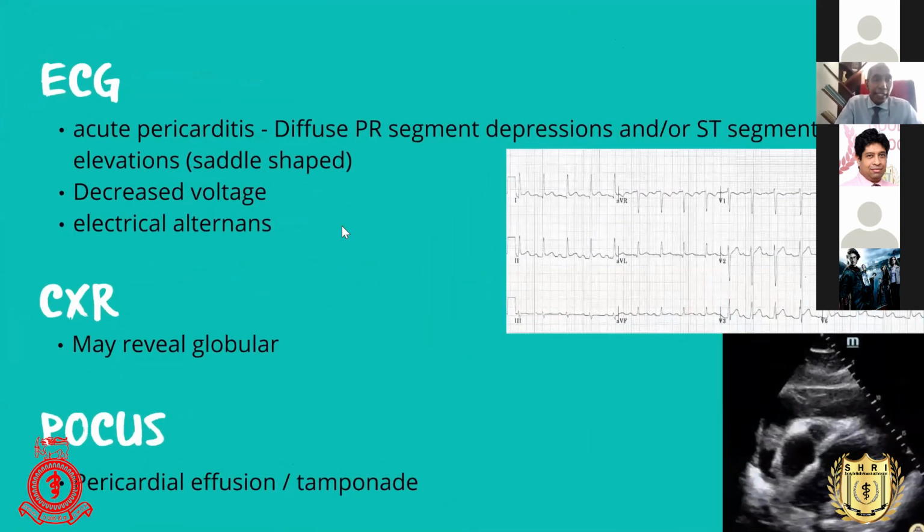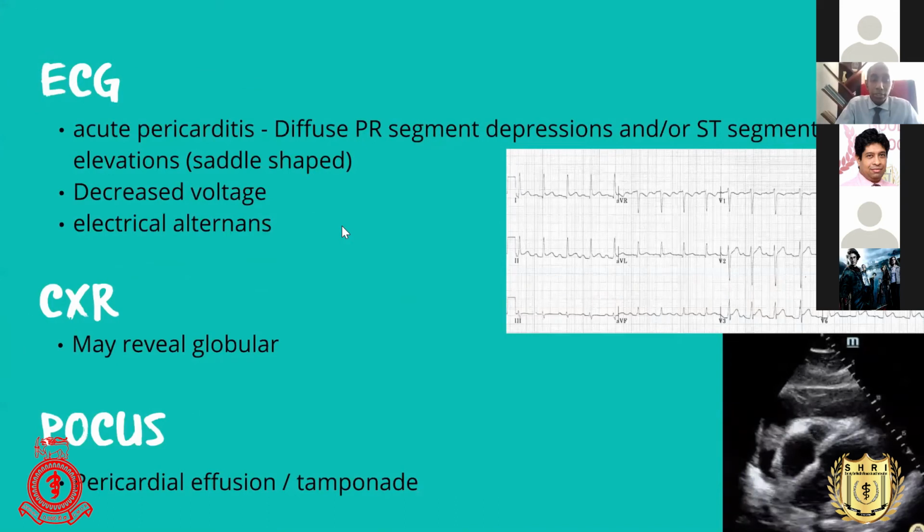And ECG can show signs of pericarditis: diffuse PR segment depressions and ST segment elevation, widespread saddle-shaped ST segment elevation in most of the leads, except in aVR, where you can see reciprocal change, that is ST segment depression and PR elevation. And if there's any effusion, they can have decreased voltage and electrical alternans as well. Chest X-ray may reveal a globular heart,